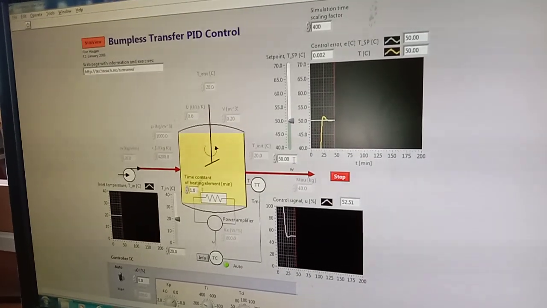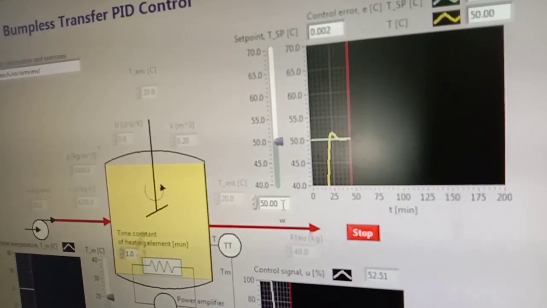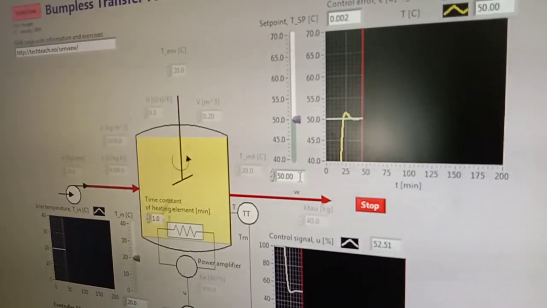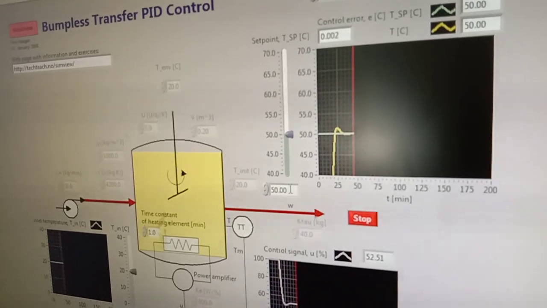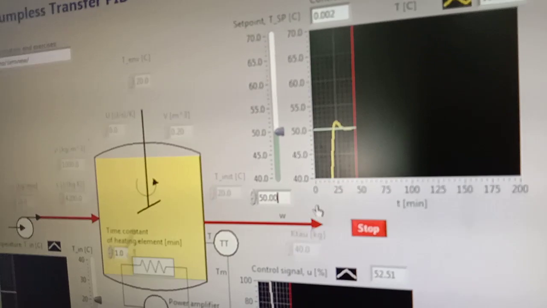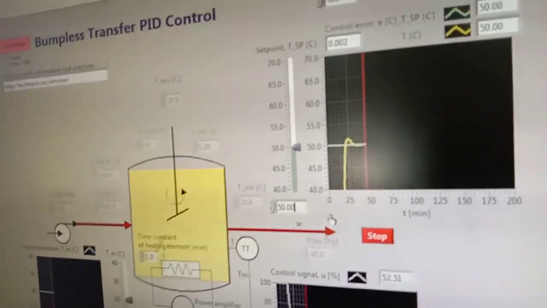So here initially what we have to do is follow the set point strategy. So we have to have some value, so that whether our system will meet that value or not, that is what we are going to conduct the experiment.